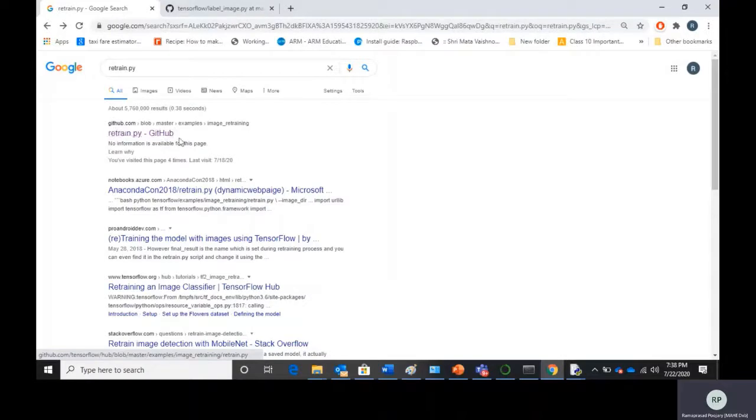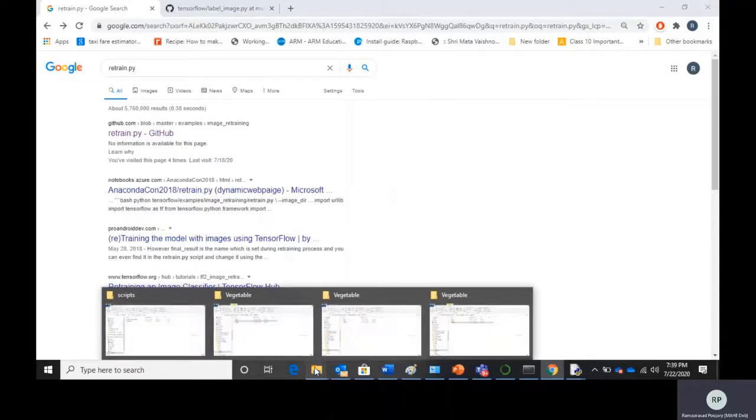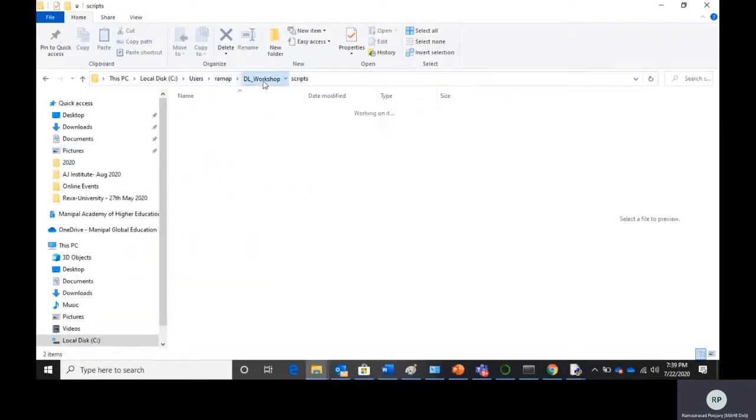It is freely available, you can download from here. And retrain.py is used for retraining the Inception v3 pretrained model as well as MobileNet. But by default, when you use it, it is used for retraining the Inception v3 model. So you can come here and copy this to the scripts folder.